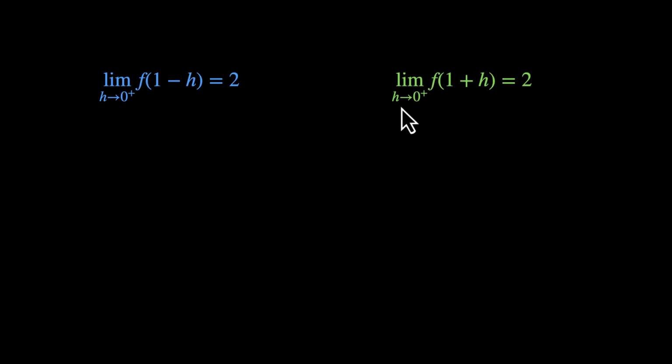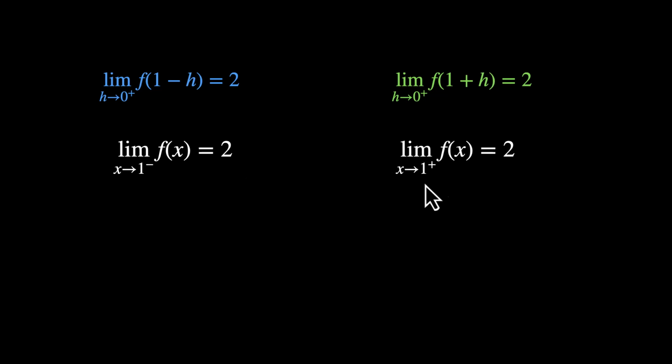What this means is the left hand limit is 2 and the right hand limit is 2. The left hand limit as x approaches 1 of f(x) equals 2, and the right hand limit of f(x) as x approaches 1 is also equal to 2. If both the limits exist and both of them are the same, this means that the limit as x approaches 1 of f(x) exists, and that's equal to